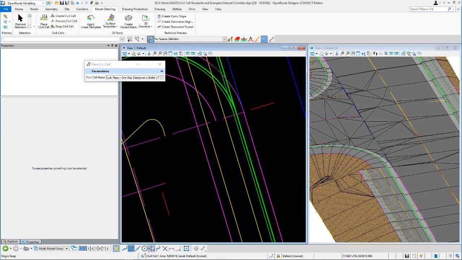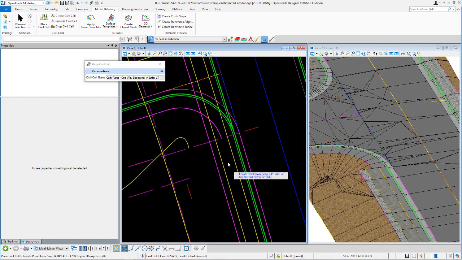And then there's 3 data points. I'm going to just do a near snap. And really, you just need to be further back than what this ramp would go. So if you got a real small radius here, maybe 10 feet or less, I'm always going to be beyond the PC point here. I guess, ultimately you could snap up in here, but I like to move beyond the PC point just a little bit. And data point,